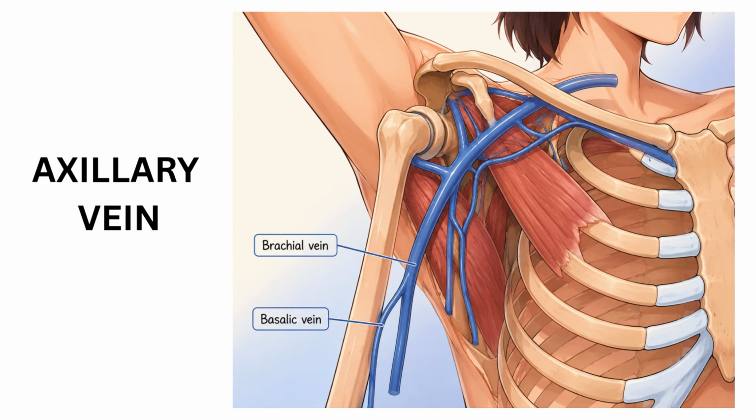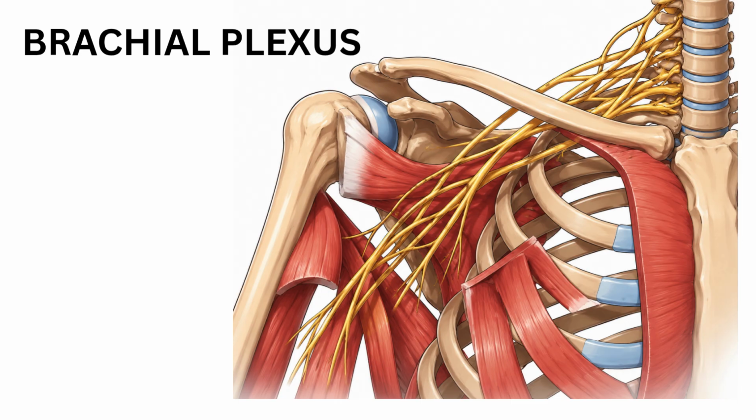For the second part, you also have the medial cord of the brachial plexus, and for the third part you have the ulnar nerve, axillary nerve, and the medial cutaneous nerve of the arm and forearm. For the lateral relation, the first, second and third parts are all related to nerves. The first part is related to the lateral and posterior cords of the brachial plexus, whereas the second part is related to the lateral cord. This is the lateral relation, so you have the lateral cord of the brachial plexus, and for the third part you have